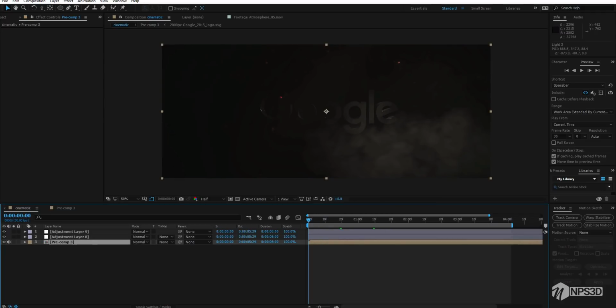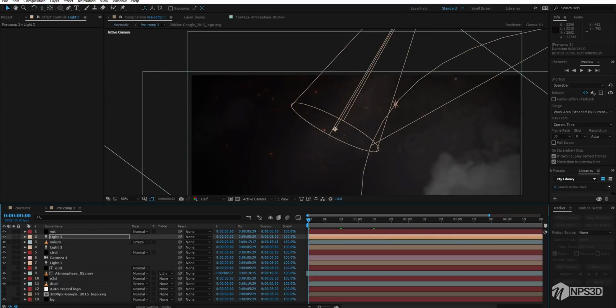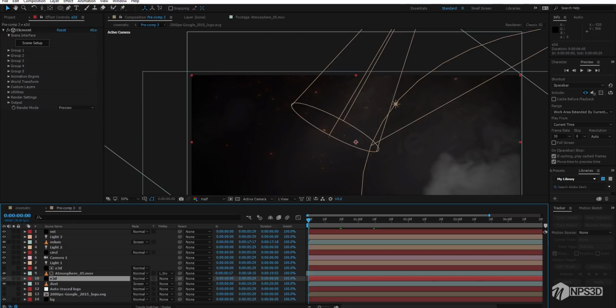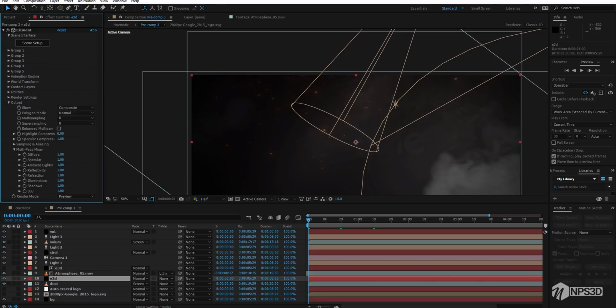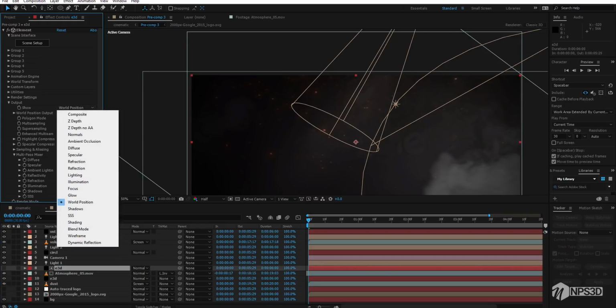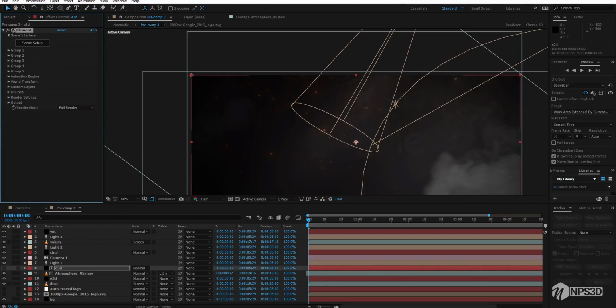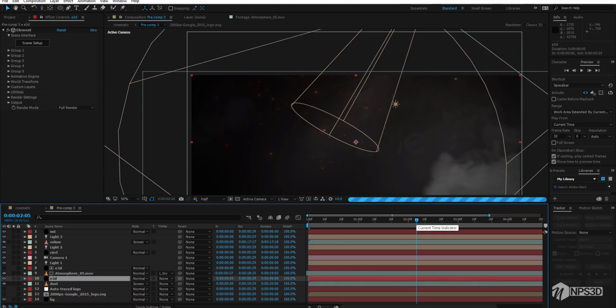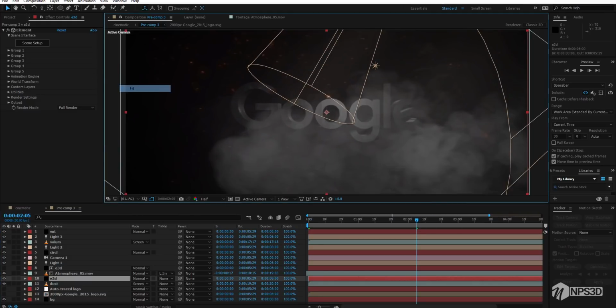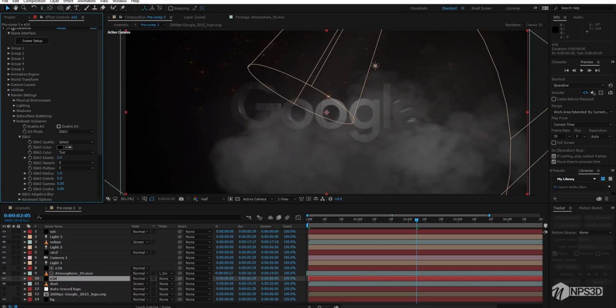So all done. So let's take a final preview, but when you're going to render the final preview, go to the Element 3D layer, and here is enhanced multi-sampling and the super sampling, multi-sampling 2, and the super sampling I changed to 2, and preview mode is full, and here is also full. And one more thing, you can also add some ambient occlusion. So go to the render setting, ambient occlusion, and increase to